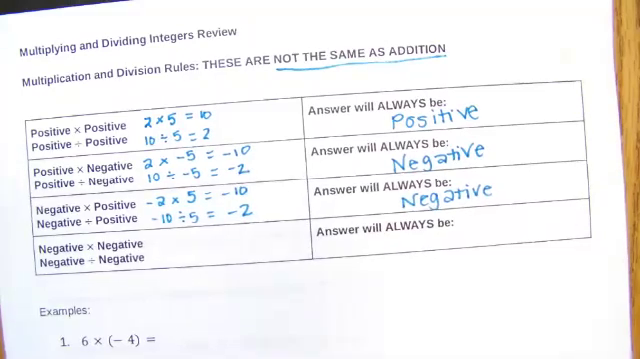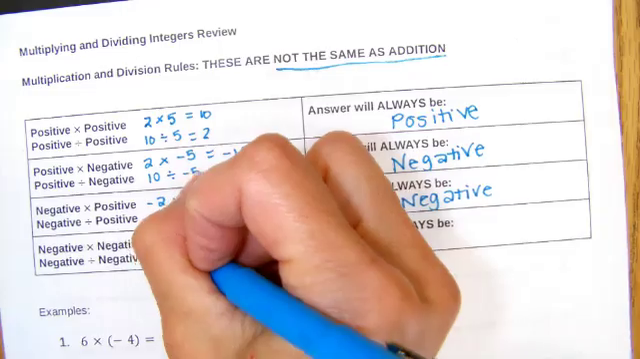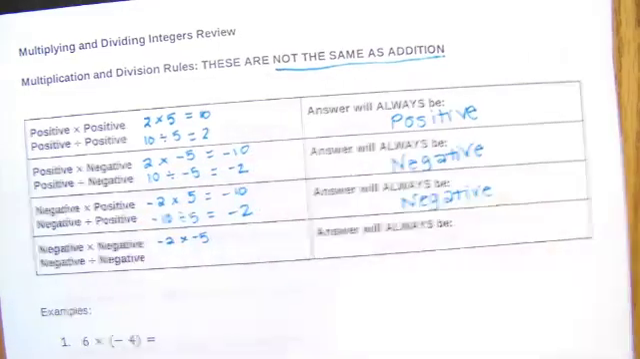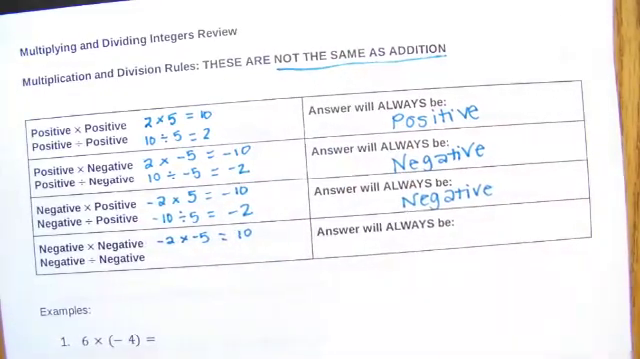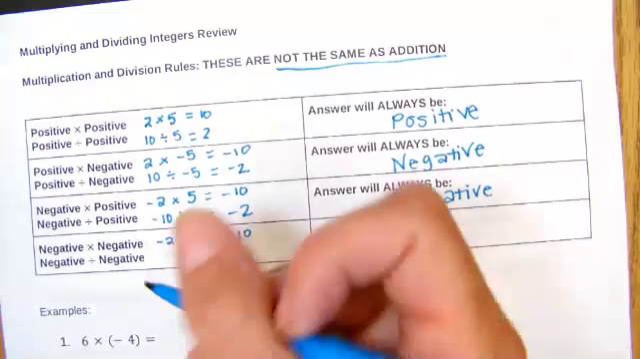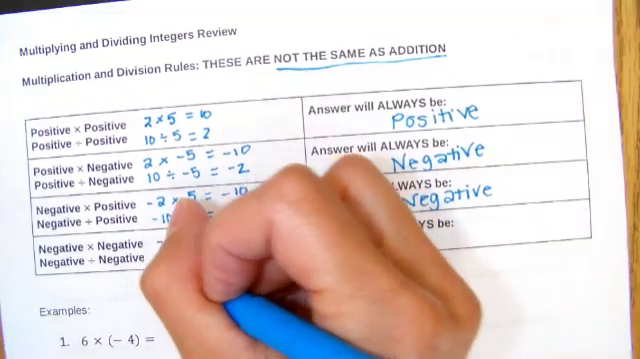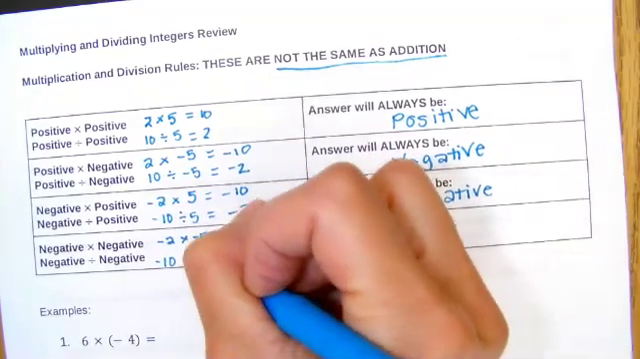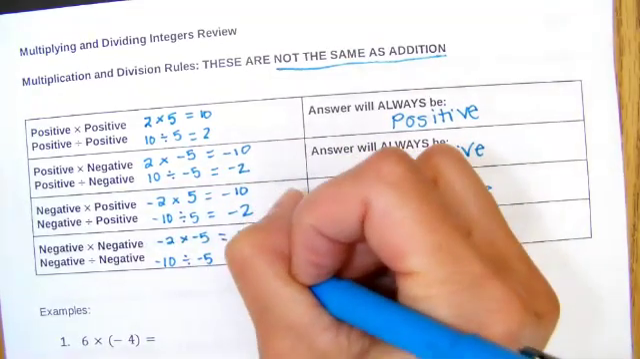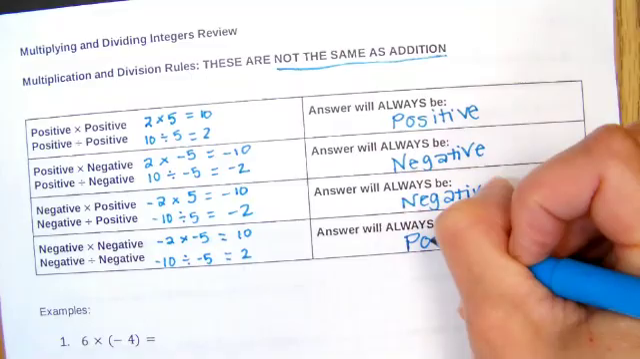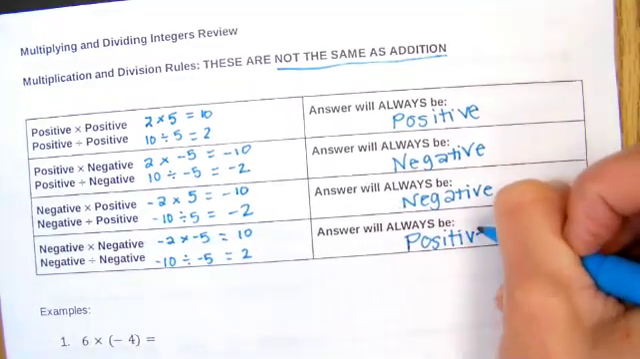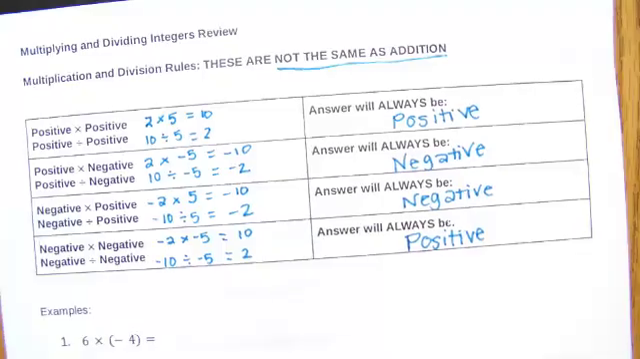Now, where this gets tricky is what if they're both negative? Let's say you had negative 2 times negative 5. If they are both negative, then you get a positive. I know, math, right? What if we have negative 10 divided by negative 5, and they're both negative? The answer is positive. So if you have two negatives and you're multiplying or dividing, your answer will be positive. Clear as mud, right? Where it gets even wilder